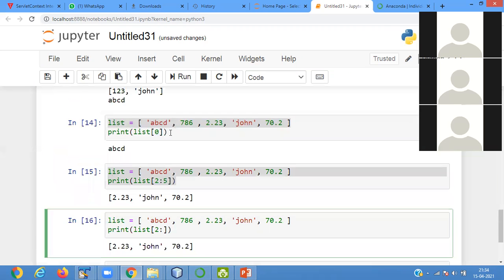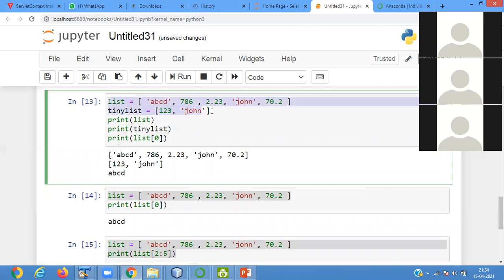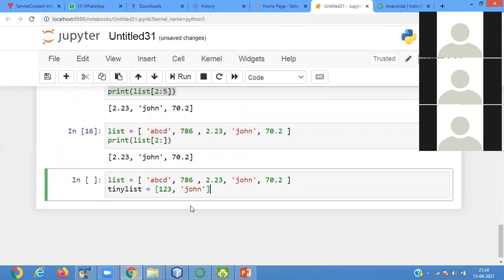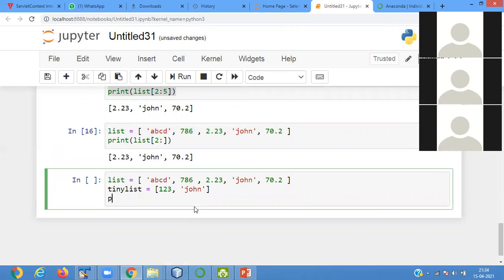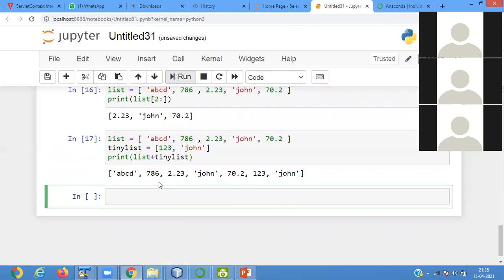Then here also, if I print list and tiny list, see there, the two lists are joined: abcd 786 2.23 john 70.2 123 and john.